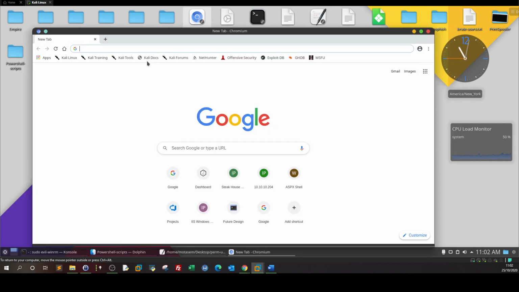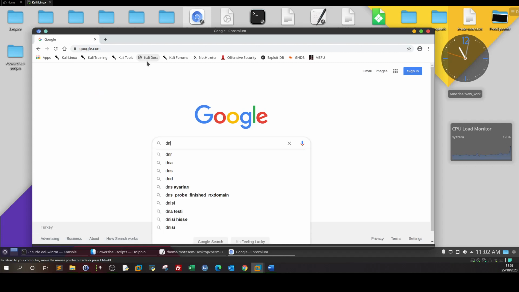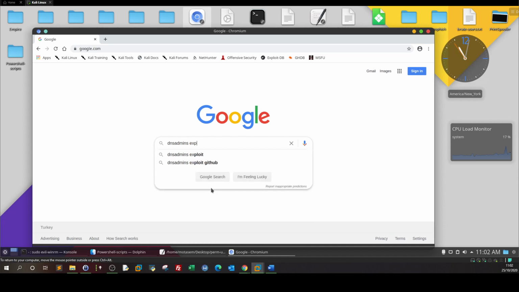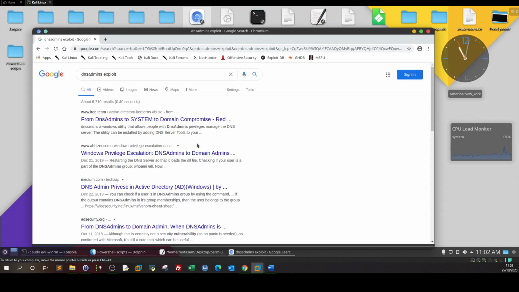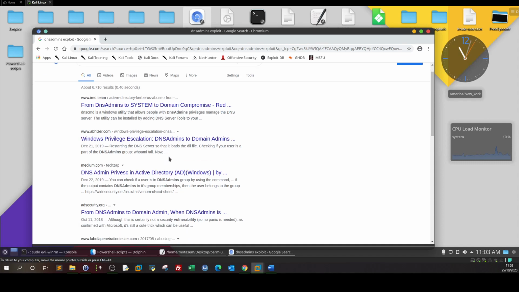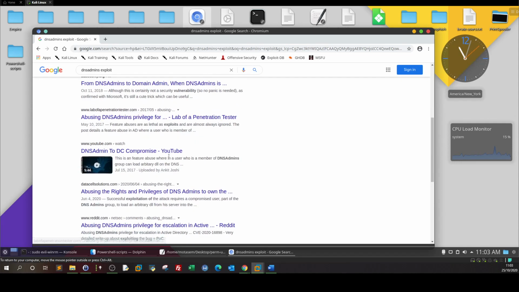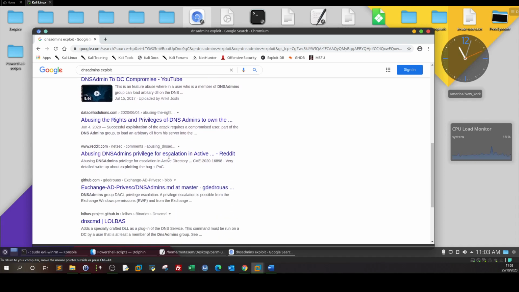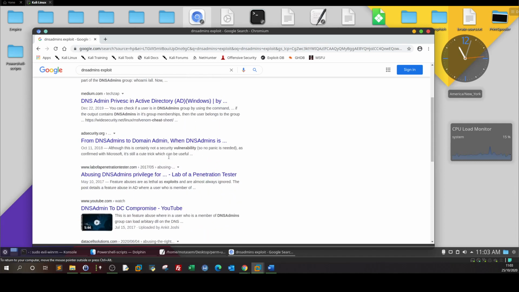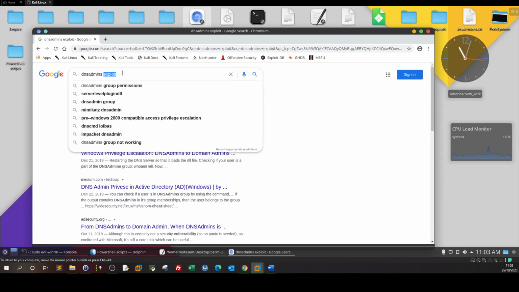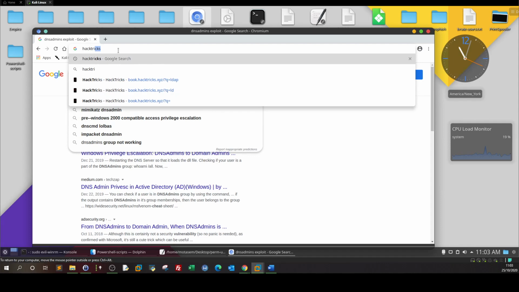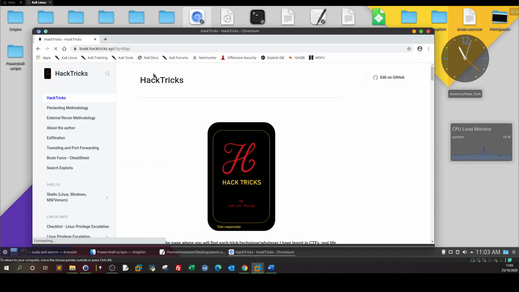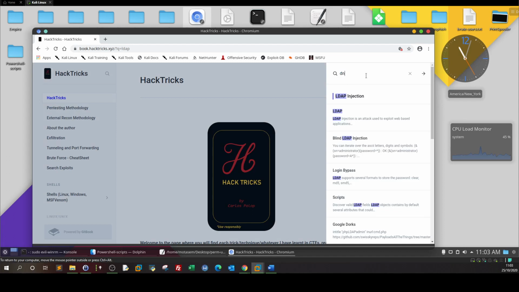So Google, and we type DNS admins exploit. From DNS admins to system to domain compromise. Windows privilege escalation DNS admins to domain admins. Seems like we got many things to try. That's why if we go to HackTricks and we look for DNS admins,